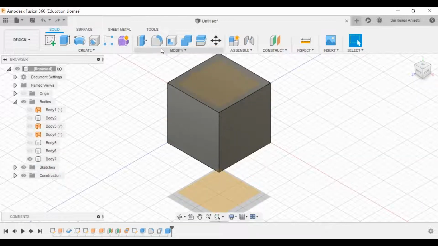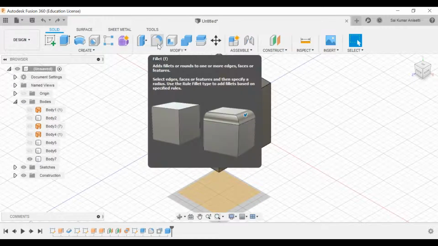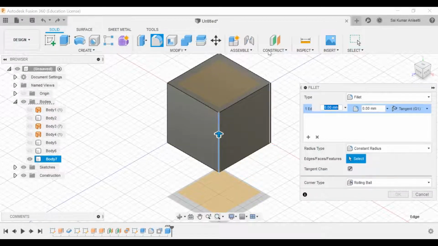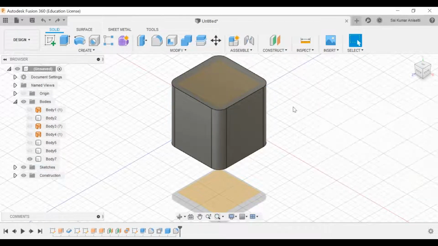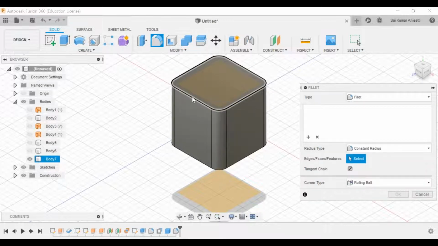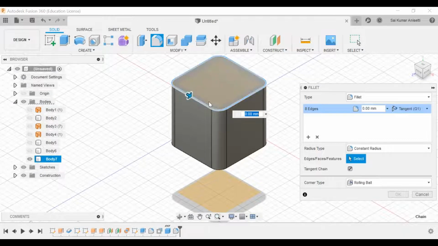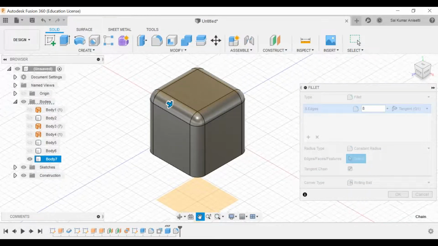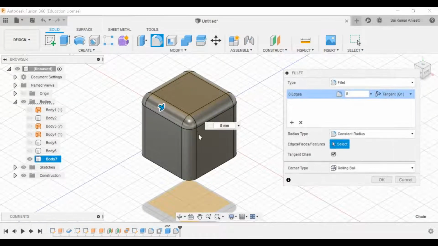That is why it is insisted that to get the perfect tangency, go to fillet, always give your vertical fillets first. 2, 3. Give a value like 8 mm. Click OK. Now again, if you select a fillet and if you want to give horizontal fillet, it will select as a single edge. See, now this became a boundary. Give it as 8 mm. Okay. Now you have few options to explore over here.